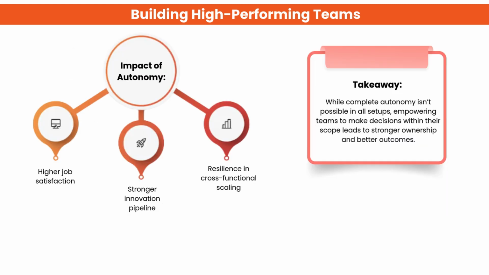Team autonomy directly impacts performance and motivation. When teams are empowered to make decisions within their scope, job satisfaction increases, innovation becomes stronger, and the team becomes more resilient during scaling. Full autonomy may not always be possible, but even limited autonomy builds ownership and delivers better